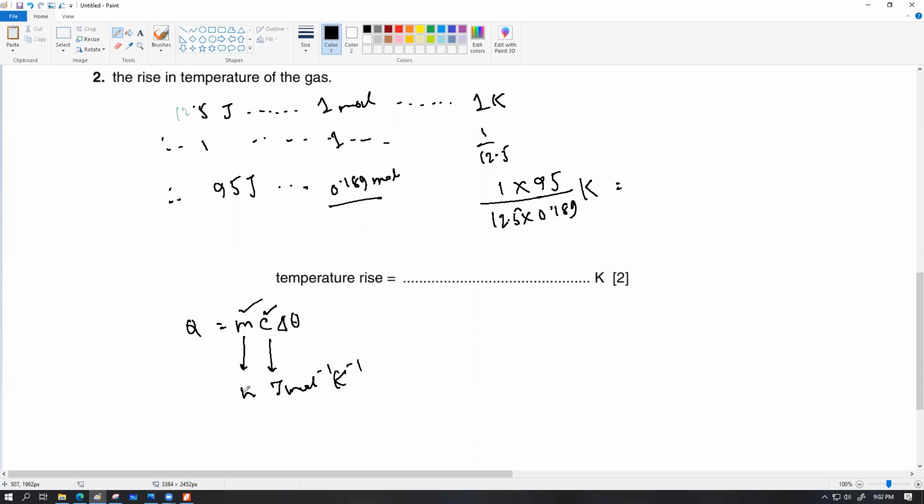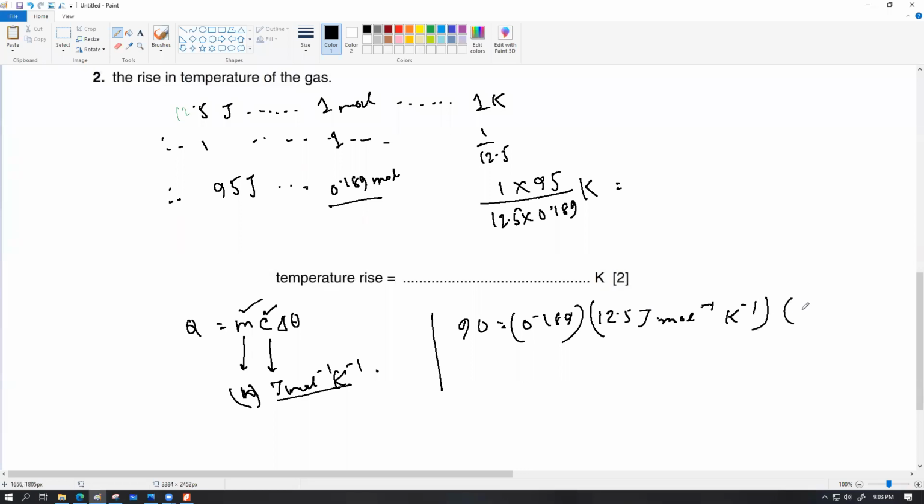ঠিক আছে, এখানে দেওয়া আছে মোল নাম্বার, let's say this symbol n, this is the unit, এন্ড ডেল্টা থিটা আমরা বের করতে আসি। সো এখানে আমাদের অ্যাপ্লাইড হিট হচ্ছে 90 জুল, আমাদের মোল নাম্বার হচ্ছে 0.189, আমাদের রিকোয়ার্ড এনার্জি হচ্ছে 12.5 জুল পার মোল পার কেলভিন। এই কথাটা কি বুঝতেছো? Yes sir, yes sir. ঠিক আছে, ইনটু ডেল্টা থিটা, সেখান থেকে তুমি আস্তে করে হিসাব করে ডেল্টা থিটা বের করো, যত কেলভিন হয় ওটা তোমার আনসার। সো এইভাবে করতে পারো ইউনিটারি মেথড দিয়ে অথবা এইভাবে ইকুয়েশন দিয়ে করতে পারো।